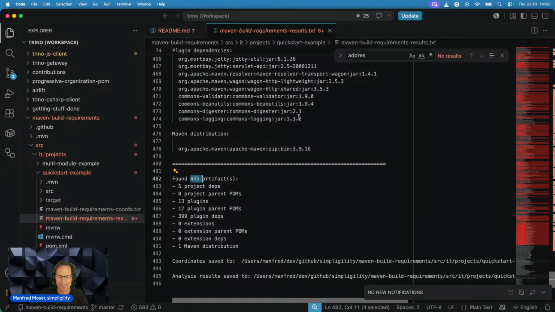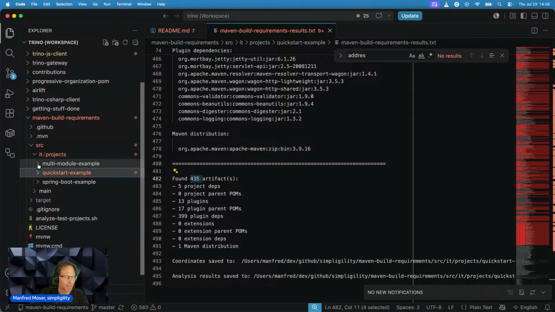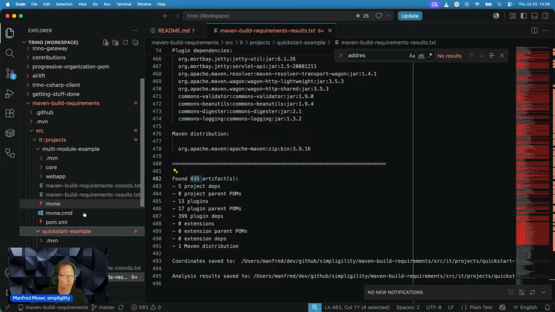Newer libraries are easier to build because the newer versions are all already in Git and so on. But this alone is already pretty shocking. Now let's look at the next one, the multi-module project. Same analysis, right? Oh yeah, and by the way, check out the other output format that's created